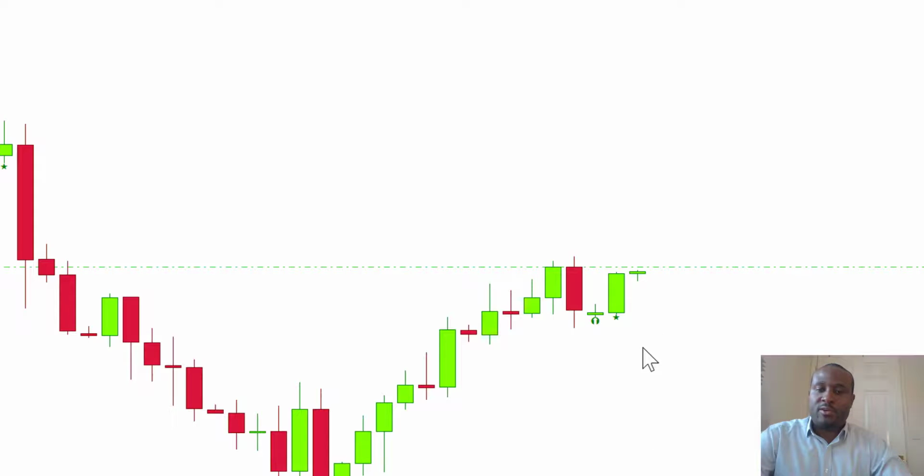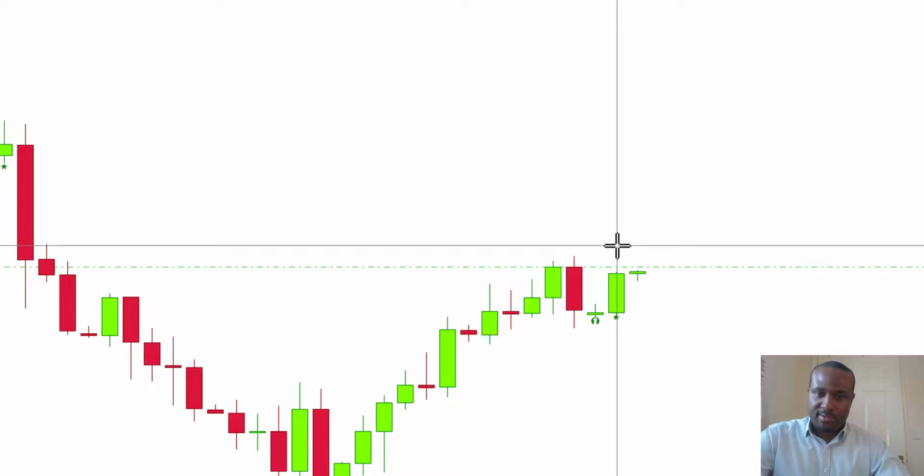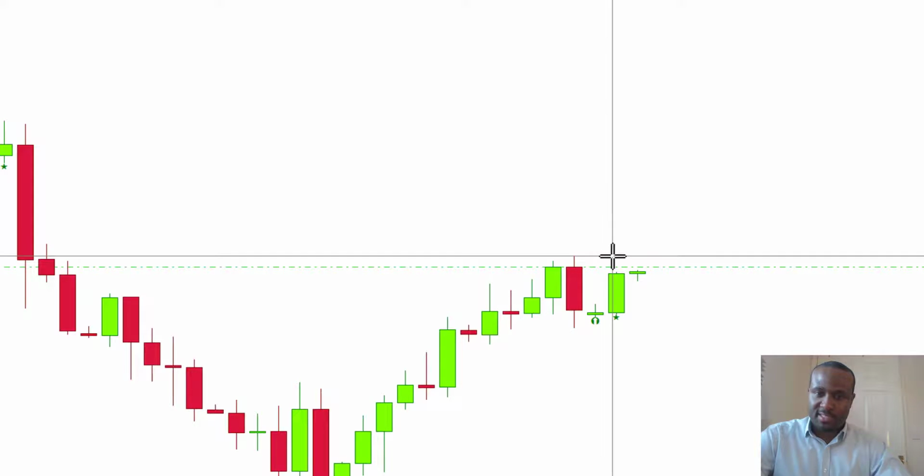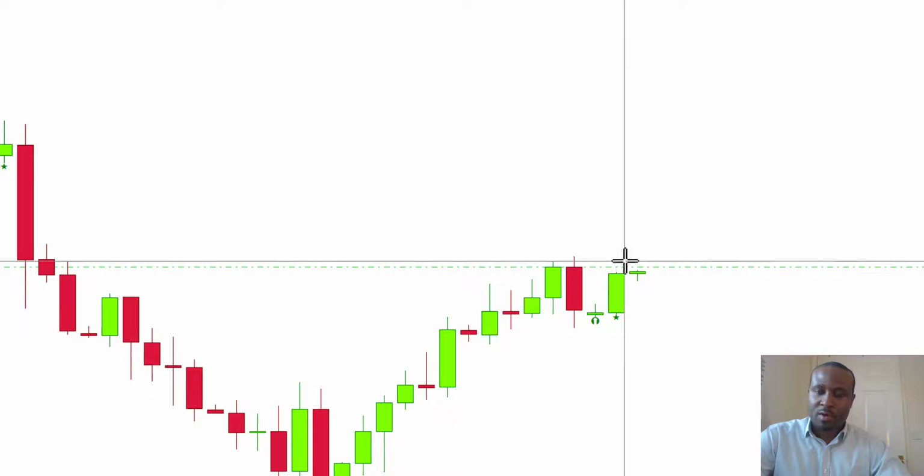And so if price continues to go to the upside, we will be in profit. If that takes us in and then reverses to the downside, then we could potentially be at a loss. But if you look at what's been happening over the past few days, you can see that price has been pushing to the upside. Now, in reality, this is somewhere we need to be very cautious about, because this is actually a level of